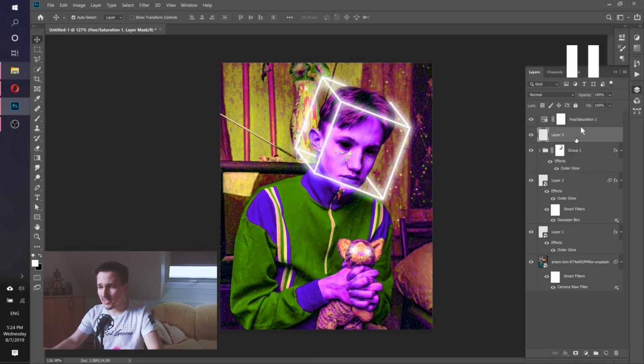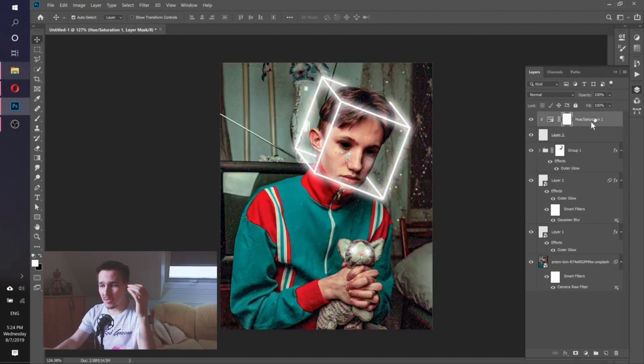And this actually has to be the structure: first, empty layer, and then hue saturation. That's very important. And now, as you can see, I made sure that this hue saturation is connected only to this layer. I have here this kind of arrow. If you want to get this arrow as well, there are many ways